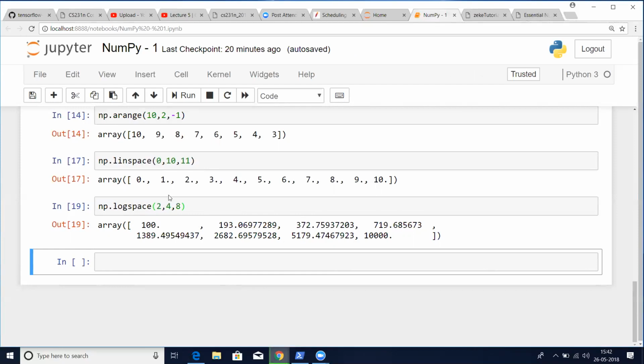That's what it is. So here, using arange, linspace, logspace, you're trying to generate numbers. And this will be required as soon as you start doing